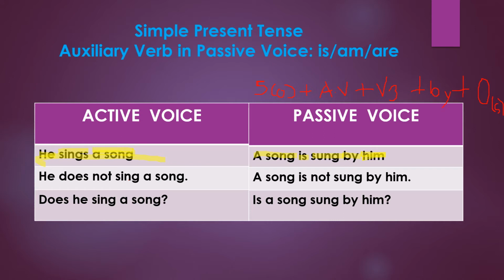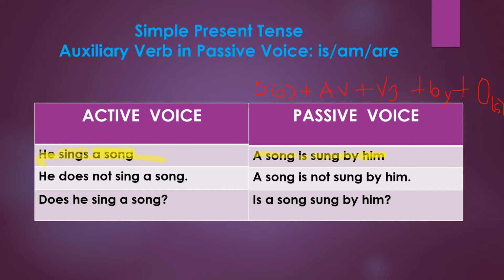Auxiliary verb is, because a song is singular, so the auxiliary verb we need to use is, and then not, because it is a negative sentence. Then the third form of verb, then by, then he, the subject of the active voice, becomes him, as it takes the place of object in passive voice. Similarly, with the